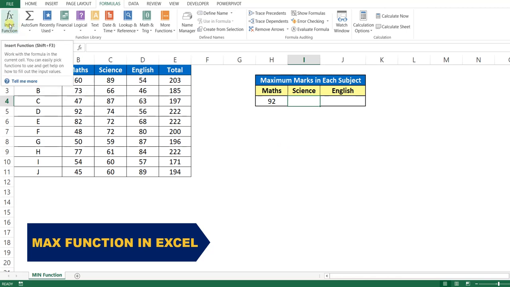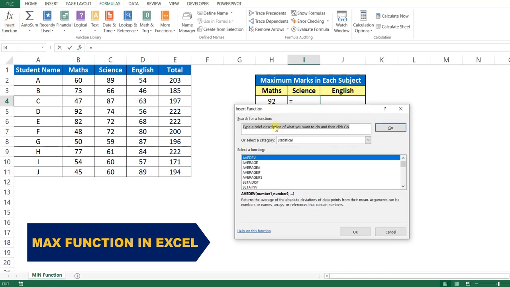We just have to click on this Insert Function command and here we can find Search for a function. Here we can just type the name of the function. For example, if we type MAX, we just have to click on this Go button. Once we click this Go button, the MAX function will automatically appear here.